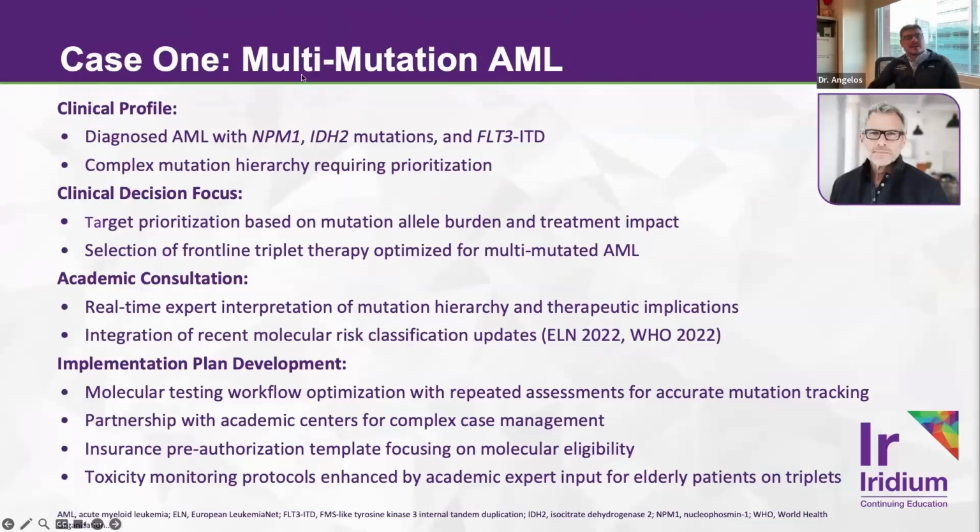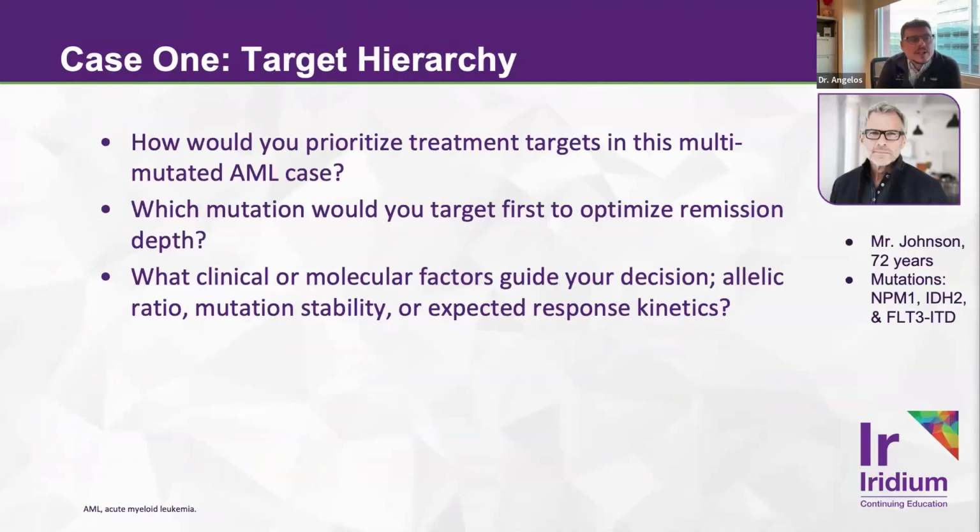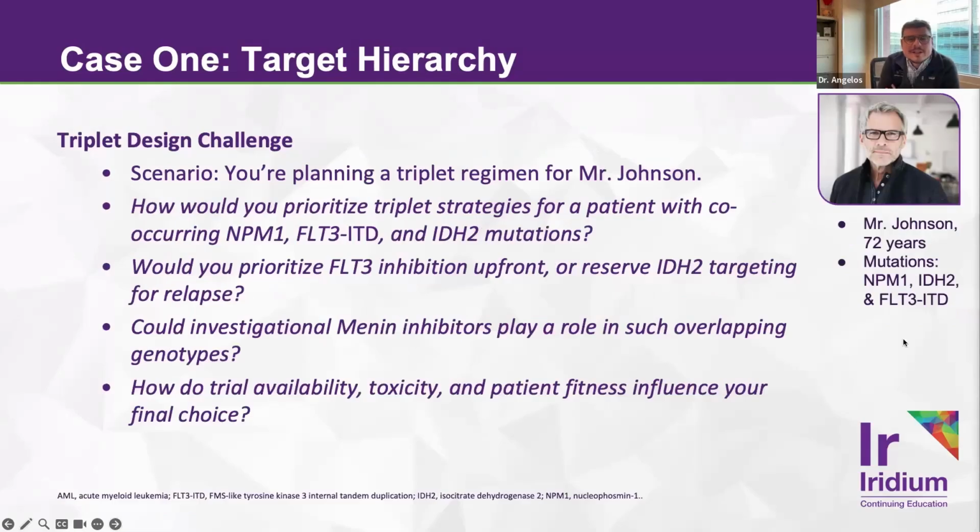Let me just go over one example here of perhaps a common scenario that we would see in our practice. And really the question is, what should we do for initial treatment for this patient? So we have limited information about this patient here, but this is Mr. Johnson. He's 72 years of age, presumably has a diagnosis of AML. And on next generation sequencing, we found mutations in 3 genes. Conveniently enough, we have targeted options available for all of them, including NPM1 mutation, IDH2, and then also FLT3 ITD. And so the question is, what exactly should we choose?